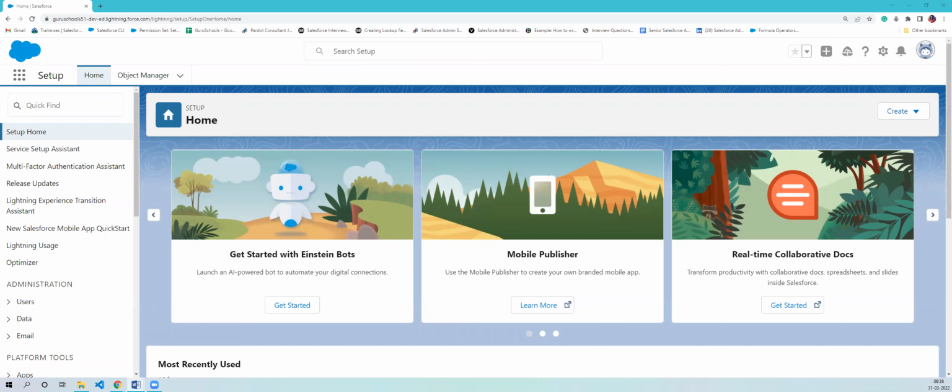Today we are going to see objects and how we can create objects and fields in Salesforce. Okay, so this is my developer org. As you know, we have two types of objects, standard and custom, right? Standard means the objects which are provided by Salesforce itself, and custom is which we can create as per